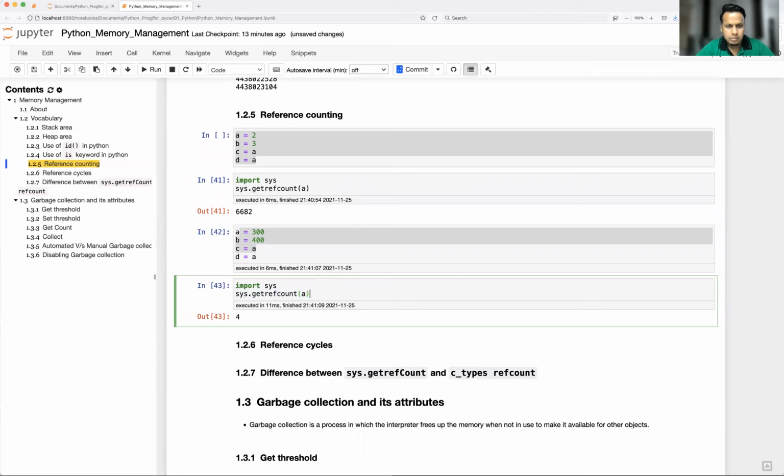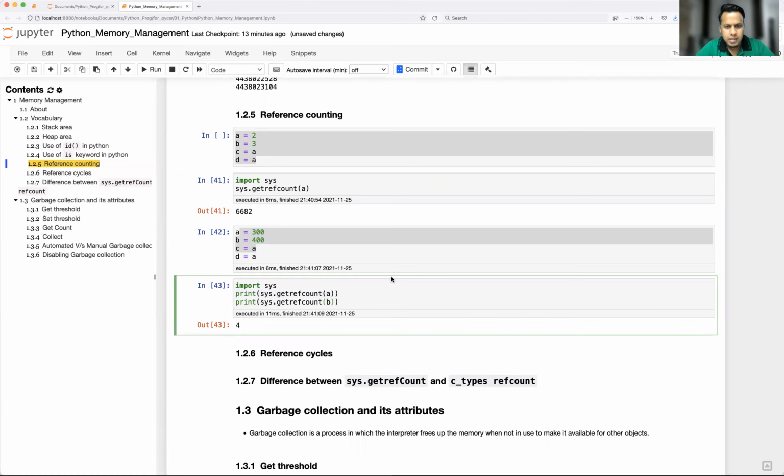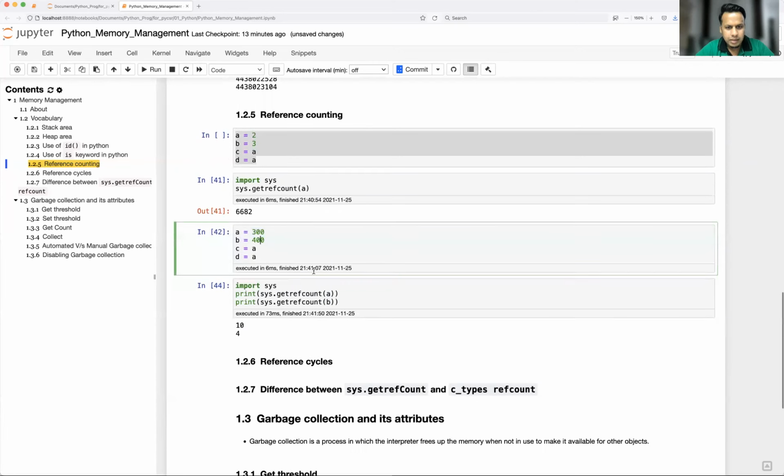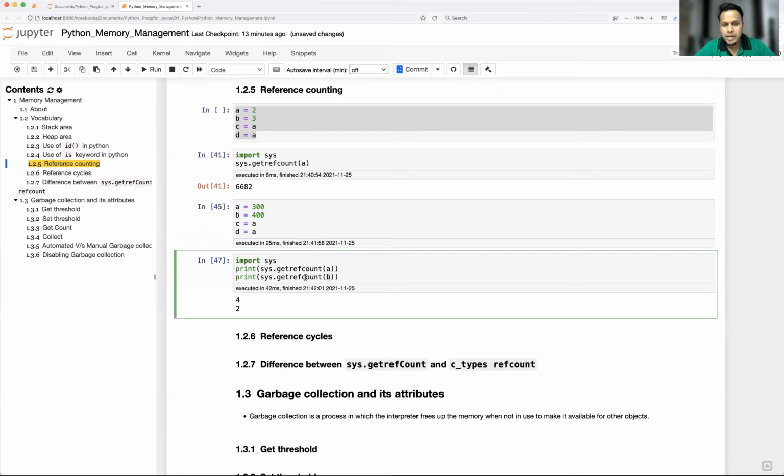So let's talk about print A, then print B. Okay, so B reference count is how many? So B we have already defined. Yeah, it's 2 times, right? So one is this and one is you are calling that B in the function. Okay, so that's how you use the get reference count. So you can make use of it and see if it is really exceeding the threshold which you would like to set. Okay, and based on that certain condition, you can run your part of code.